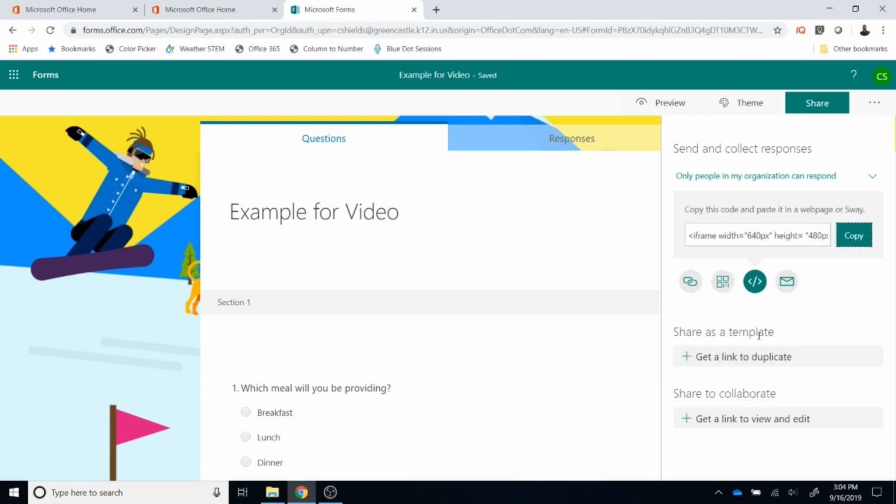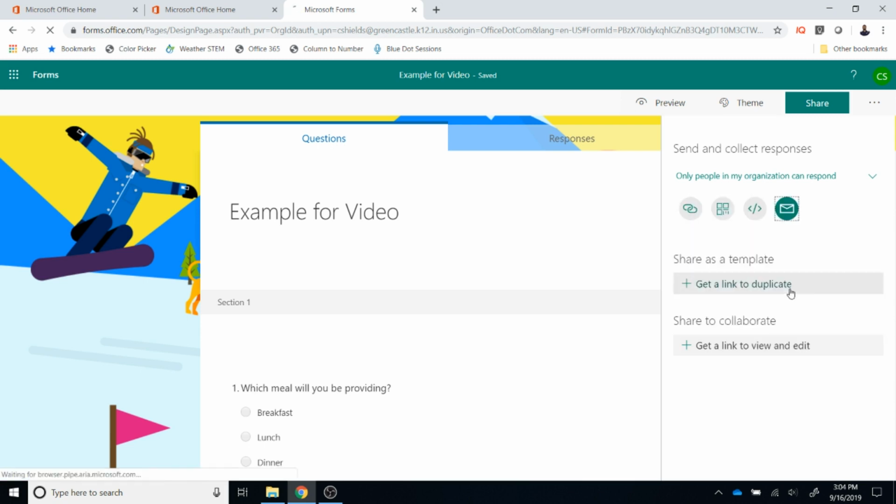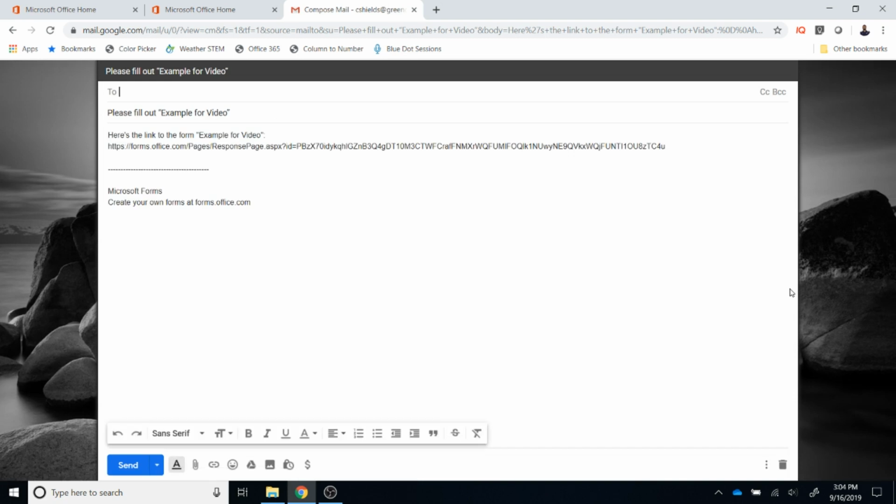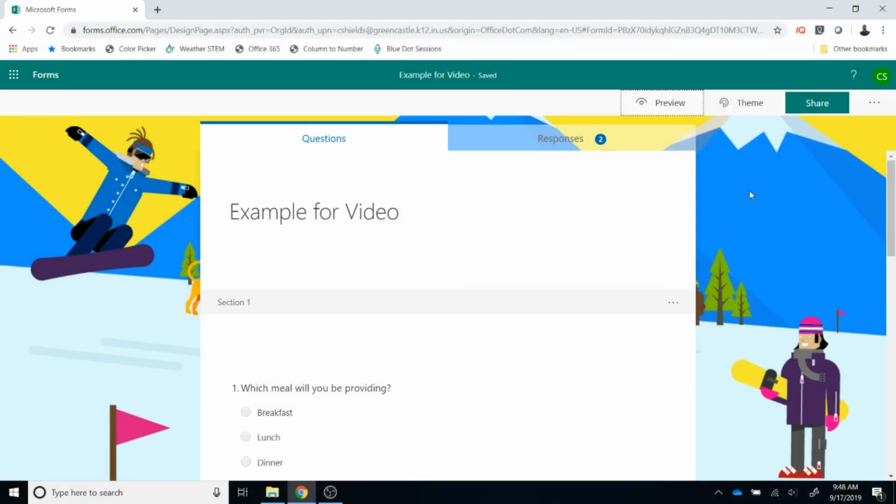You can embed the form in a website. You can also click the email button and it will copy the form to your email, and you will be able to send a link to respondents directly from there. Once you have responses to the form you have created and distributed, you will notice that there